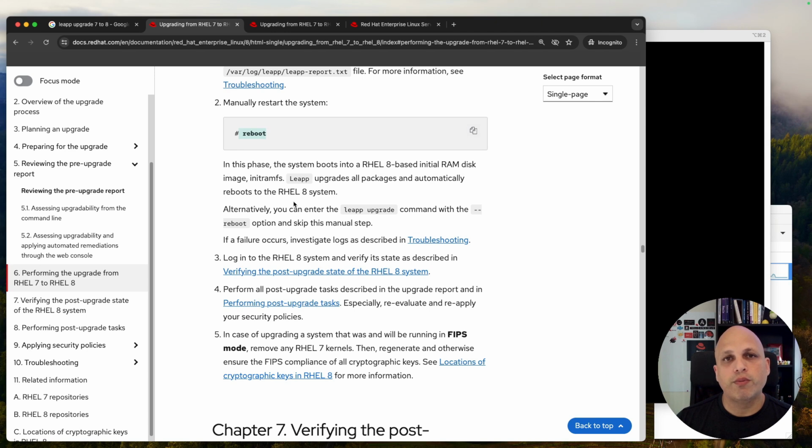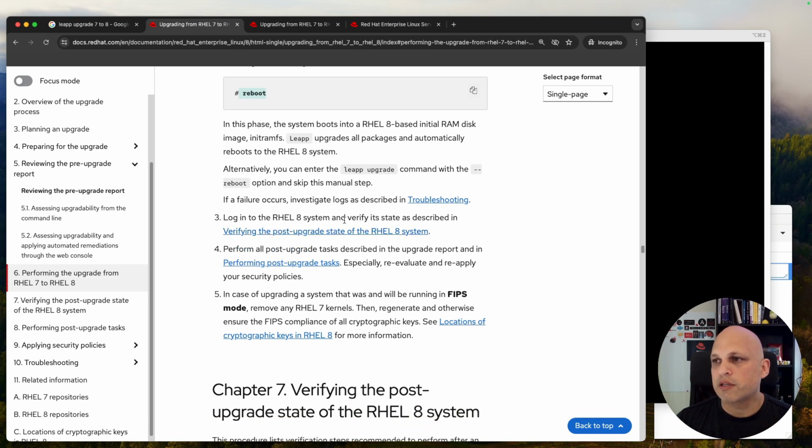And in the next reboot, like we have the SELinux process, we have some additional steps. And then there you go. Your machine will be good to go. And you will be landed on RHEL 8.10, or in my case 8.10, in your case maybe 8.z, the latest version at that specific time frame. Okay, so you can log in the system, you can verify the state, if everything is